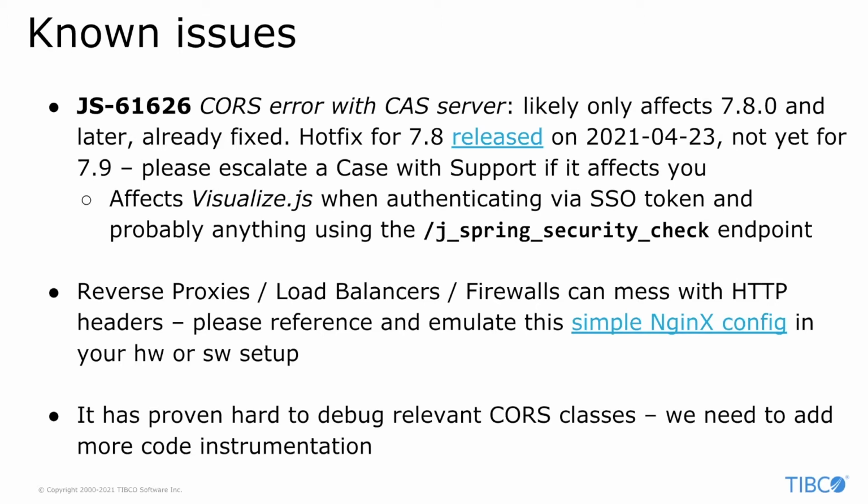Another thing that we've seen that causes trouble sometimes is, obviously, if you have a very simple network configuration, typically no problems. But if you have a bit more complex architecture, so you have reverse proxies, load balancers, firewalls, all these things can mess with HTTP headers potentially if they're not configured correctly. And the problem is sometimes the people doing this type of work, they're not responsible for the network configuration, so they have to work with those teams. But basically, I'm linking an article here for an Nginx configuration. This is what I'm using in my own local install that I'm going to use for the demo as an HTTPS or TLS